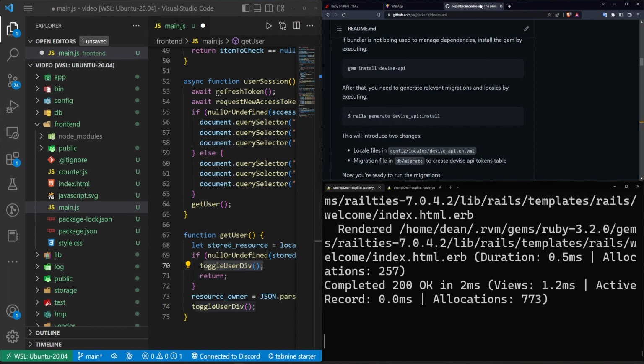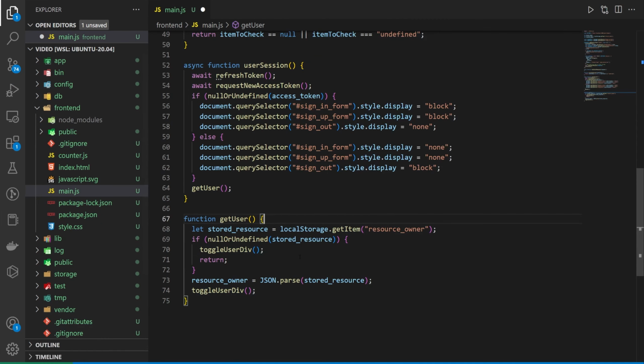If I don't have it open anymore, it's just the thing that shows us the email above the log out button. Otherwise, we do have one, in which case we want to display the email, and both of those are handled by the toggle user. So this toggle user div, if I can find this somewhere in the notes application, is